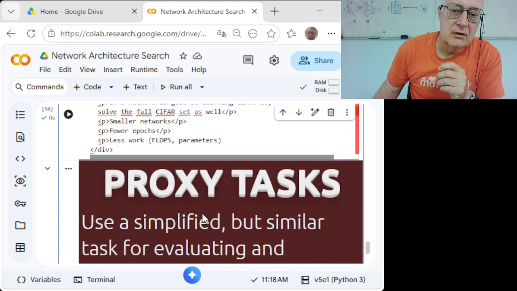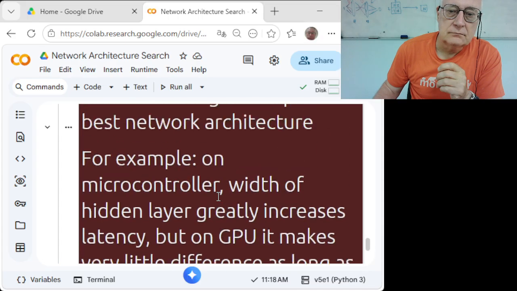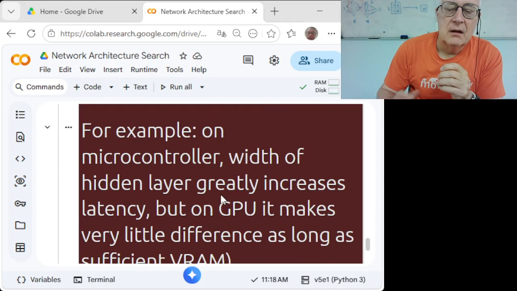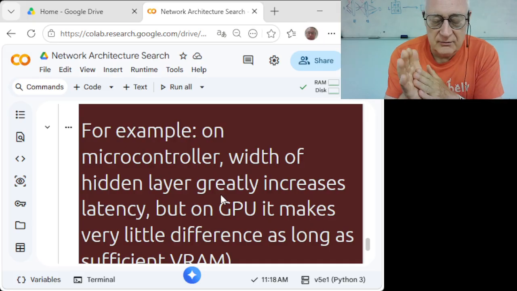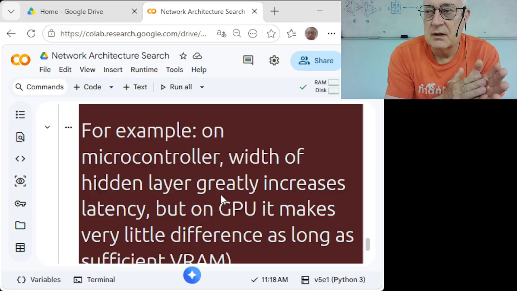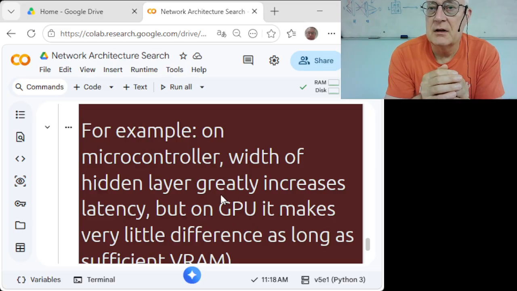So for example, on a microcontroller, like the Raspberry Pi Pico that we have, if I increase the width of the hidden layer, that will greatly reduce the performance of my inference. So the latency will increase linearly or more, at least. Right? So if I have the layer and I go from 30 to 32 nodes, there is a penalty on our Raspberry Pi